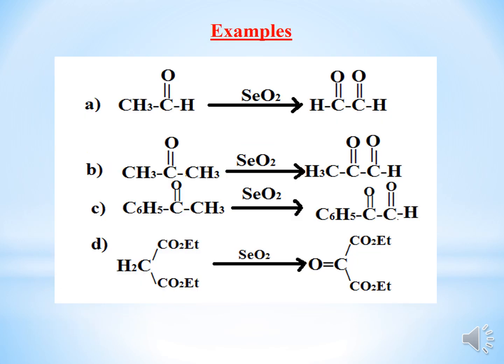Here I will show you certain examples. If we take the aldehyde, acetaldehyde, this aldehyde is not getting oxidized, but instead the CH3 group is getting oxidized to an aldehyde group. Similarly, if you take acetone, the CH3 is getting oxidized to CHO, that is your aldehyde. And in very rare cases, for a minor product, the other position will also get oxidized.